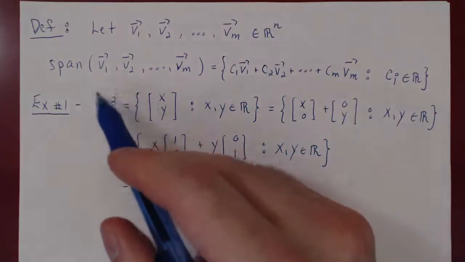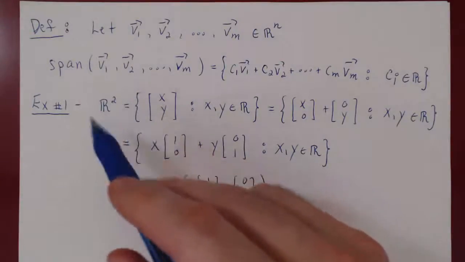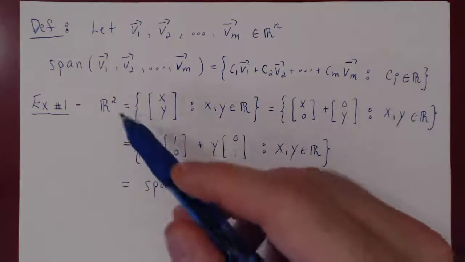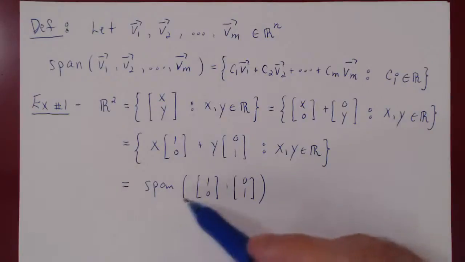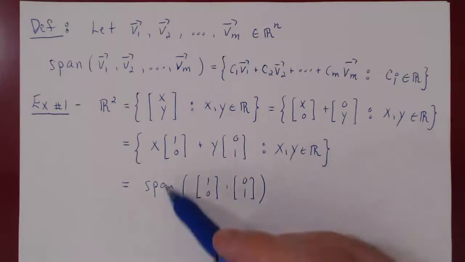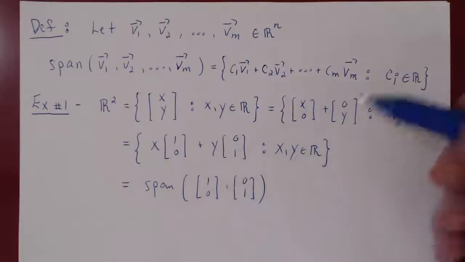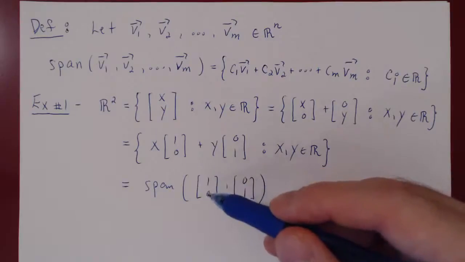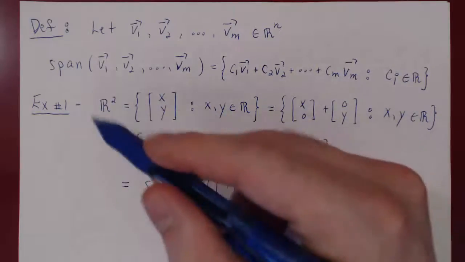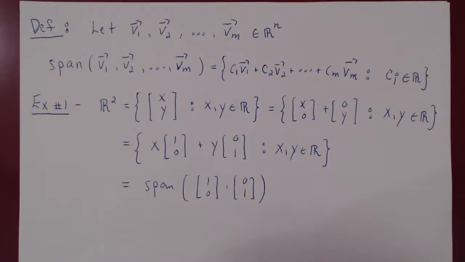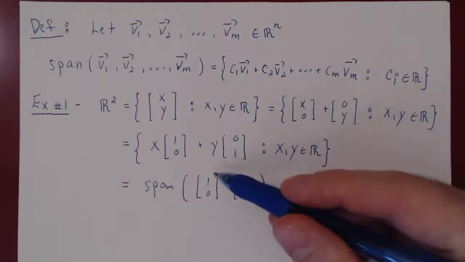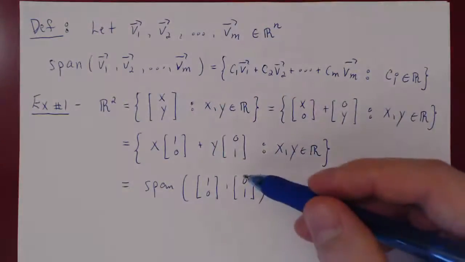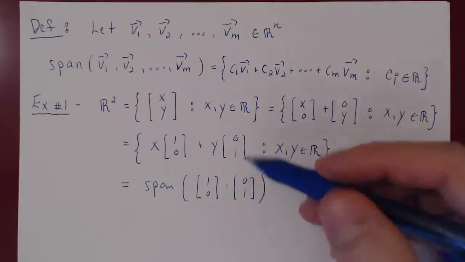And so we have reduced our thinking about R2, the xy plane, and again this is an infinite number of points, or if you think of the points as vectors, an infinite set of vectors. We have reduced it to just two vectors, the span of 1, 0 and 0, 1. And now think of it this way. If you ask, what can we generate with the vectors 1, 0 and 0, 1, the answer is the entire xy plane. And think of it geometrically. The vector 1, 0 allows you to generate the x-axis of the xy plane, and the vector 0, 1 allows you to generate the y-axis